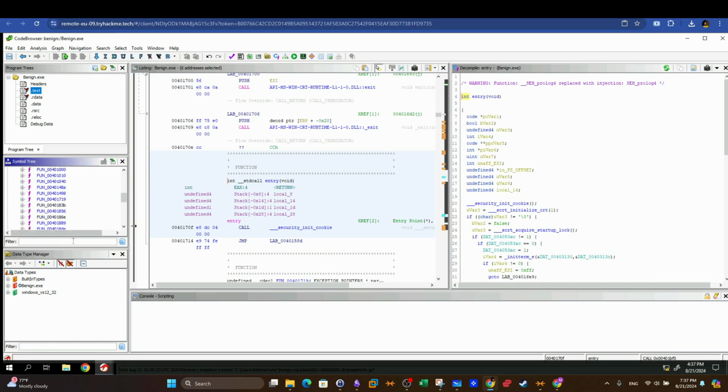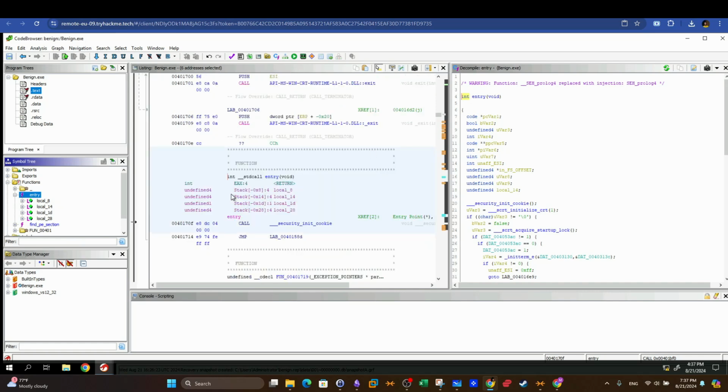We can just look into main from here. There is no main. Okay, in that case, we can start with the entry. Since we are interested in analyzing whether the sample employs process hollowing, we're going to examine the API calls